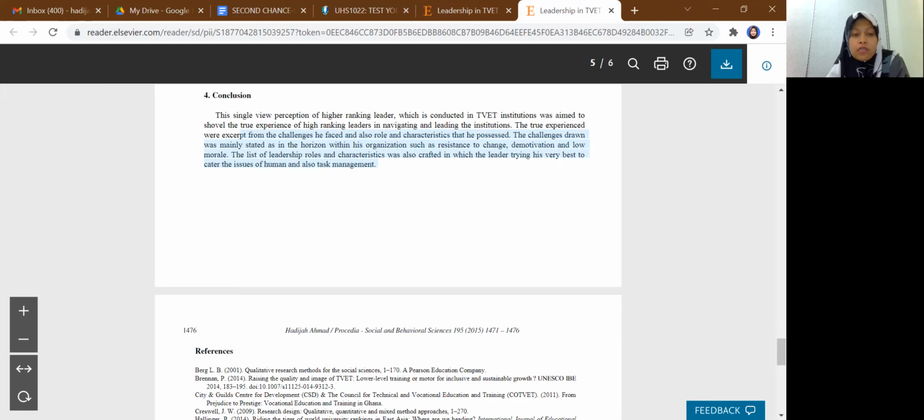Then you can triangulate those points and make an extraction, and then you can simplify it in your own words, saying that the problem identification of TVET education among youth leadership is because the generational gap is too wide and the pandemic situation doesn't permit them to expose themselves, for example.